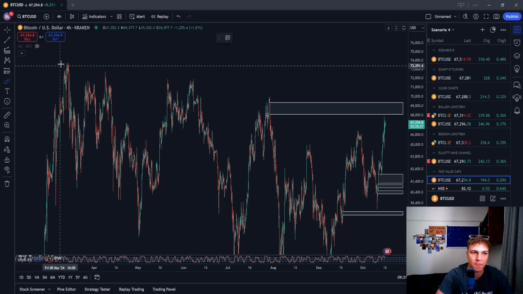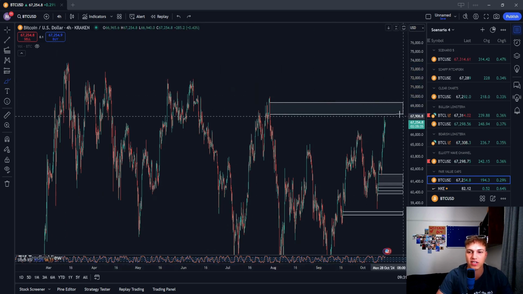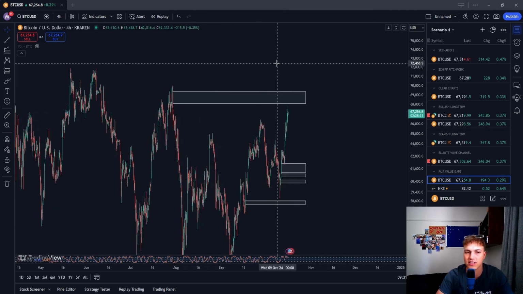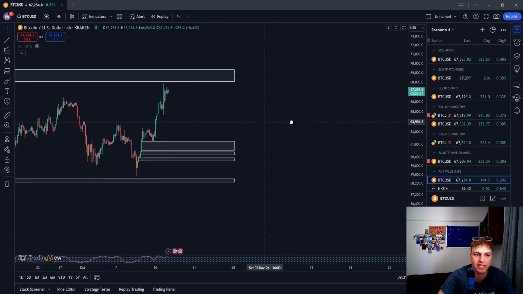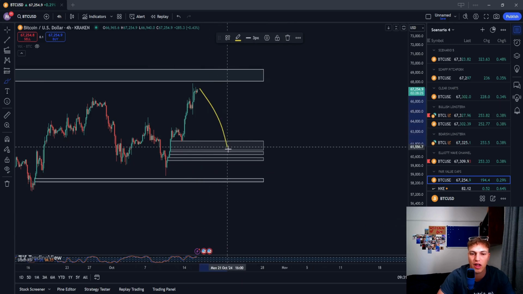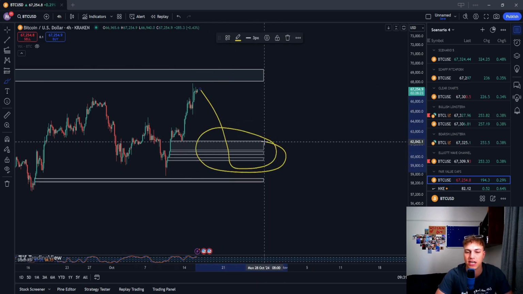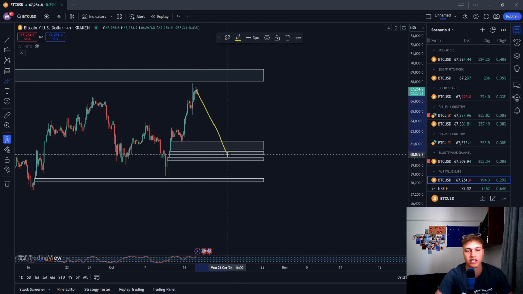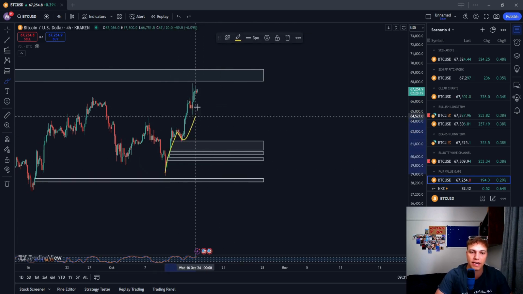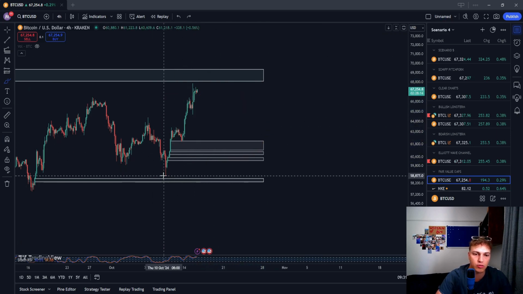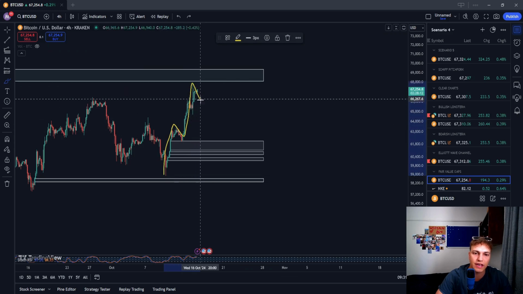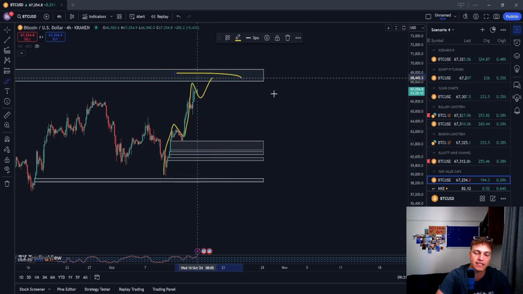If you see here, this trend line to the downside means that this could act as quite crucial resistance for BTC here. And then to the downside, I do expect at some point we come back and fill out these fair value gaps here, looking for some kind of retracement as we've had quite a big push towards the upside now. This is possible for a 1, 2, 3, 4 and then a 5 hitting this fair value gap